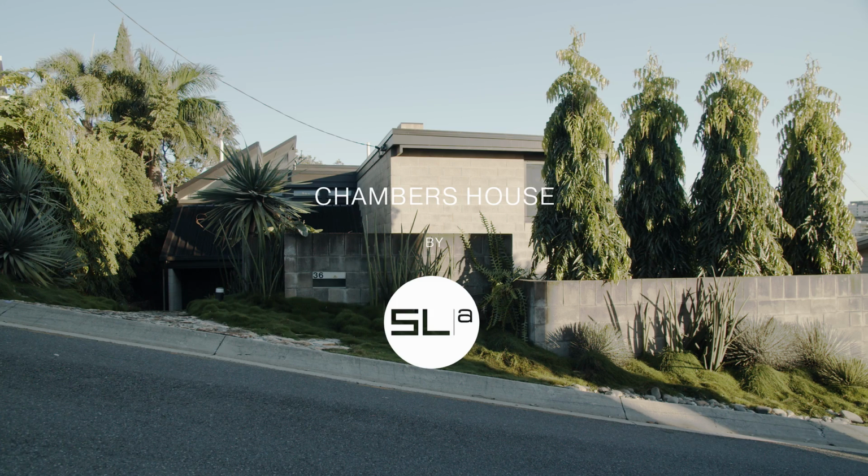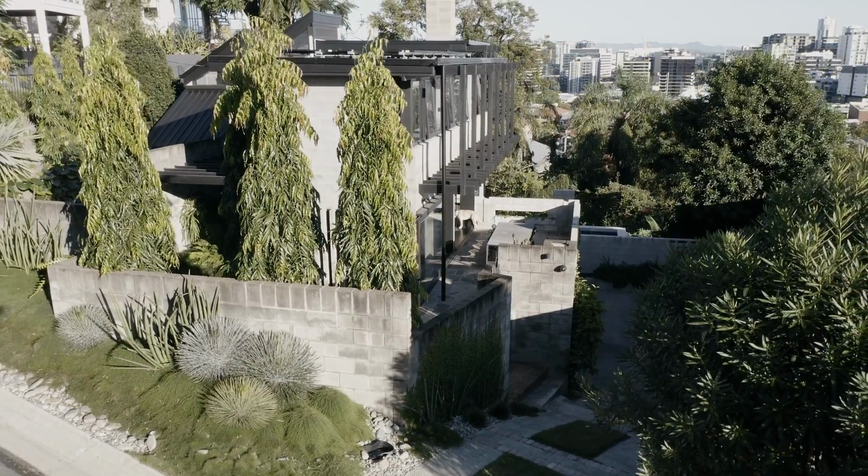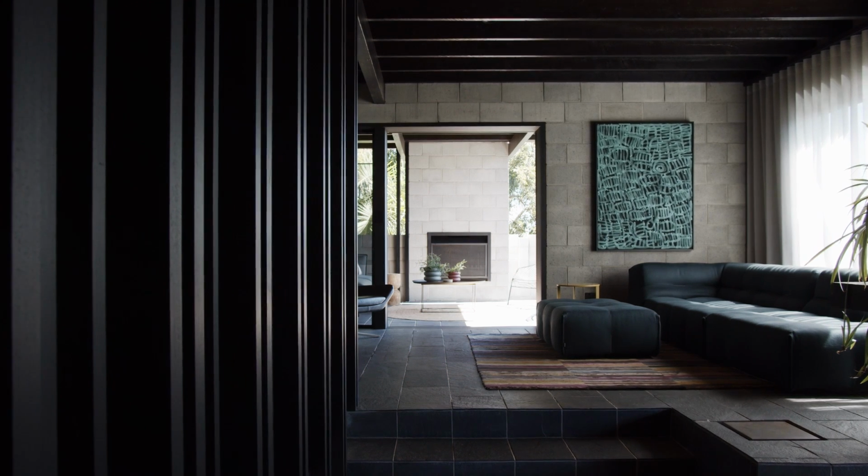The Chambers house is a pretty iconic house in Brisbane and in the inner city of Teneriffe. But unlike a period house, this is a Brutalist house, heritage listed for its values with regards to its use of concrete block and concrete. And the house that we're now sitting in represents a number of years of renovation, restoration and addition to that